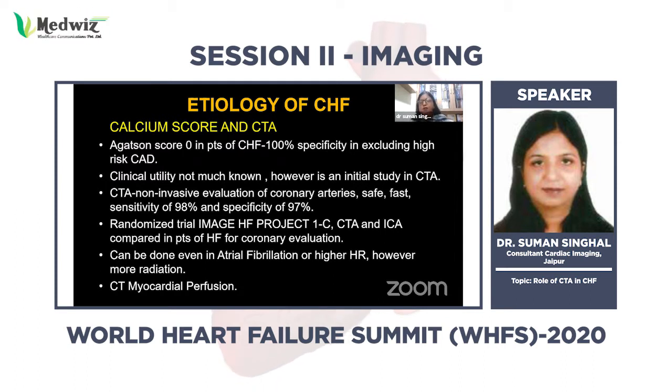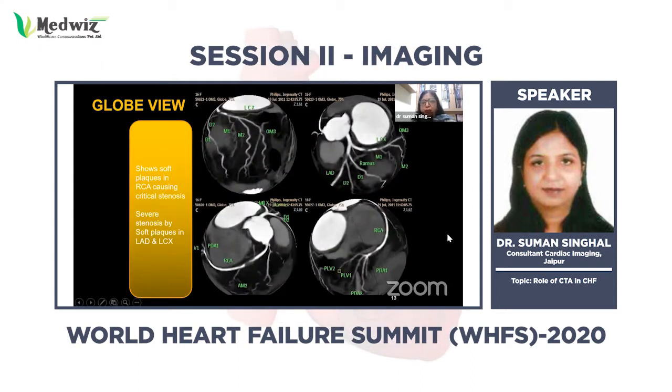And machines with more than 64 slices and a software for myocardial perfusion are great, because you can do the CT myocardial perfusion in one go only. So we get the images like this. We get this globe view, these curved MPRs, which show us in this patient that there is a TVD, a significant stenosis in RCA, PDA, as well as the LCX and LAD. So this is a patient of TVD, just a 5 to 7 second scan, and we get this whole information